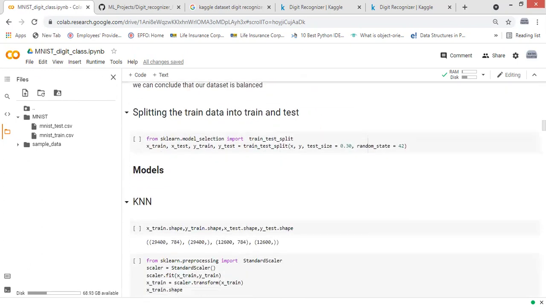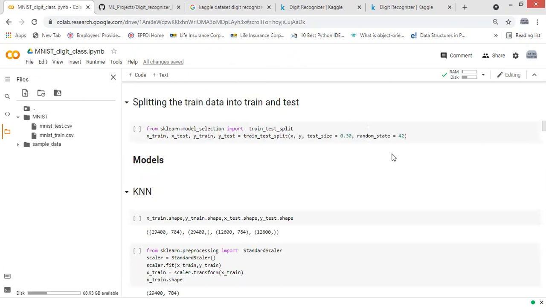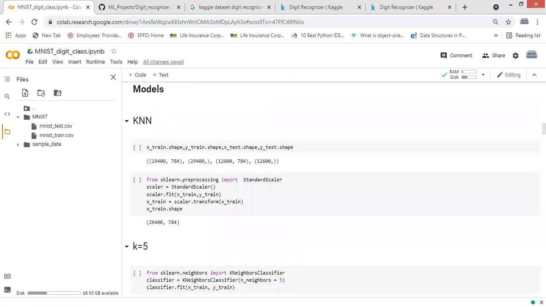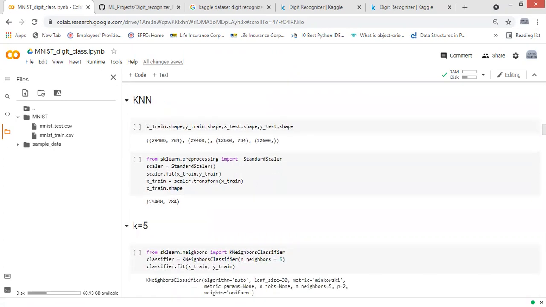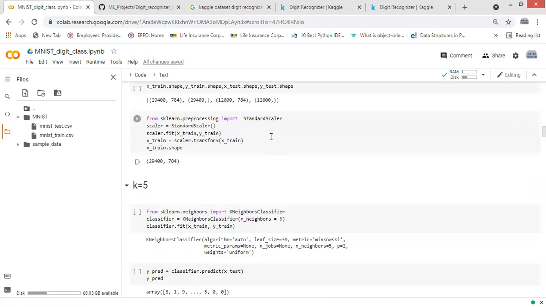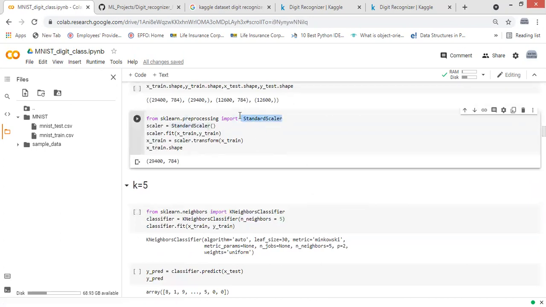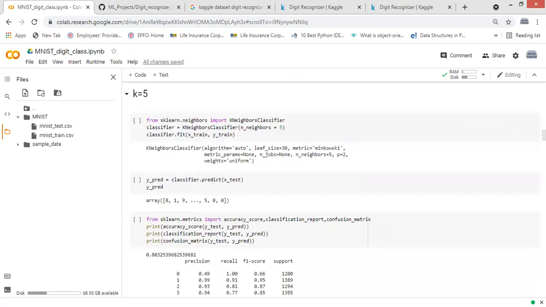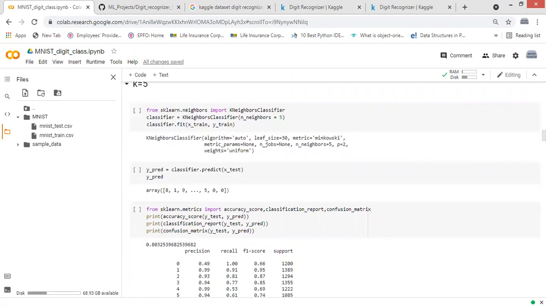Now I have split the data into train and test in a 70 and 30 ratio, so I have taken 30% of the total dataset as the test set. Now I have tried KNN, which is K nearest neighbors. Before processing the KNN, I used StandardScaler to standardize all the data, which distributes our dataset normally. First I used k equal to 5.